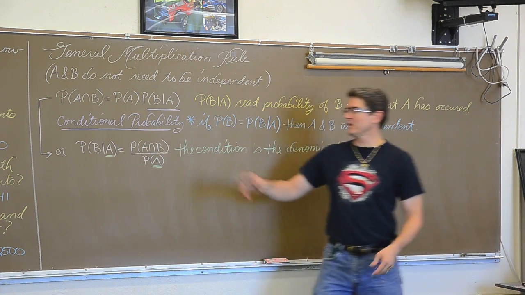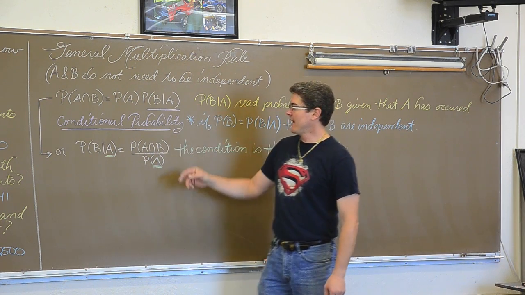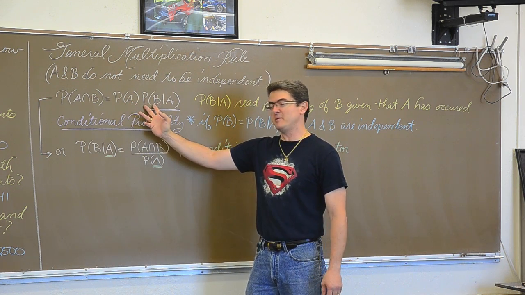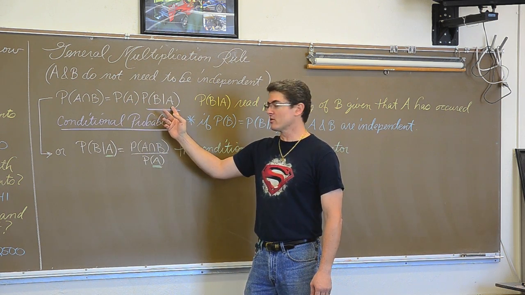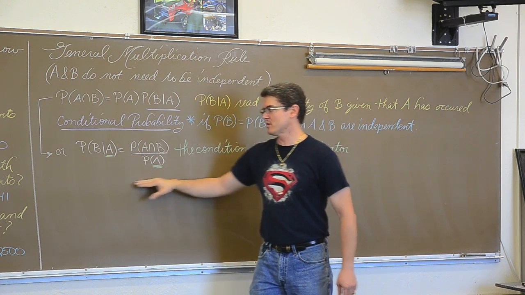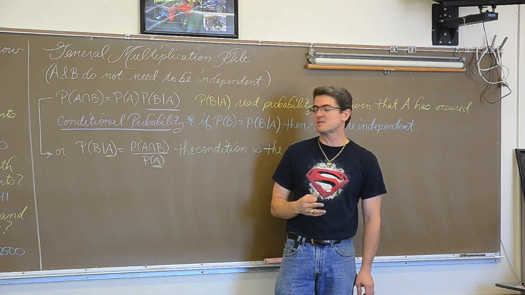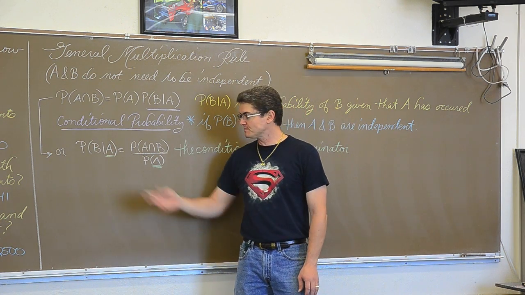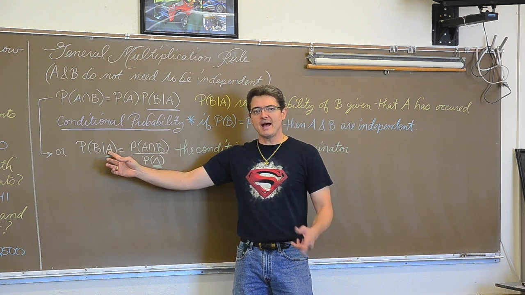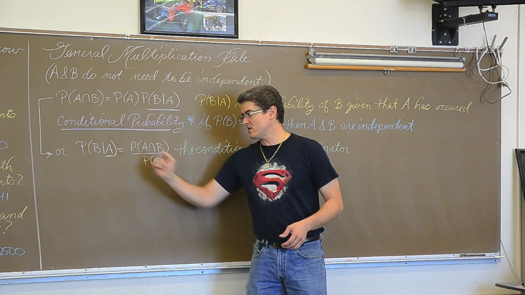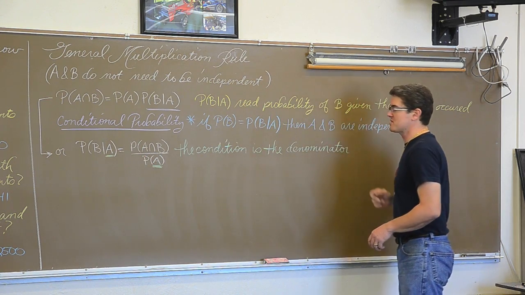So if we take the formula as it's designed in my book, and I divide both sides by the probability of A, I get the probability of B, given that A has occurred alone, you'll see this version of the formula. Now, I actually do prefer this version, so I'm glad to give it to you on the AP exam. And one thing to note, that the given that part, the condition, is the denominator. So the condition and the denominator are always going to be the same.